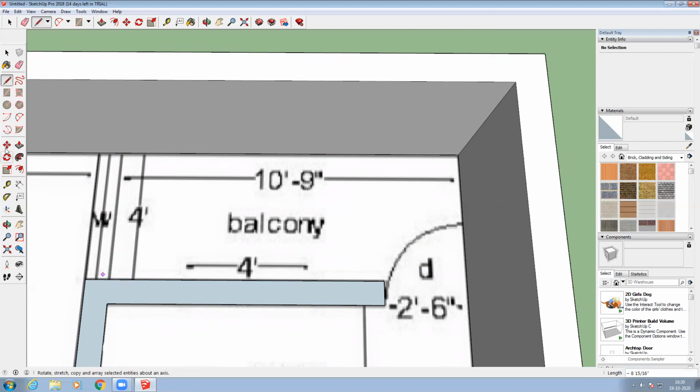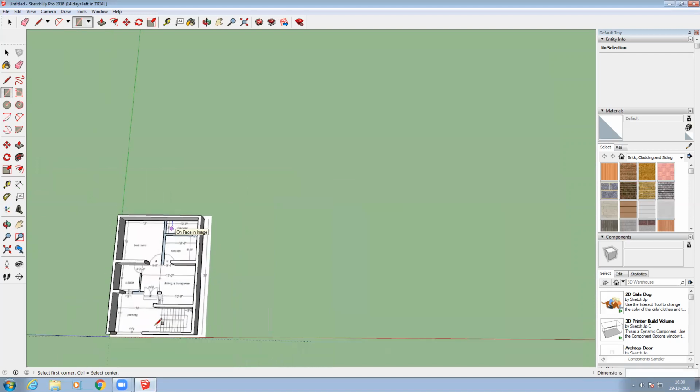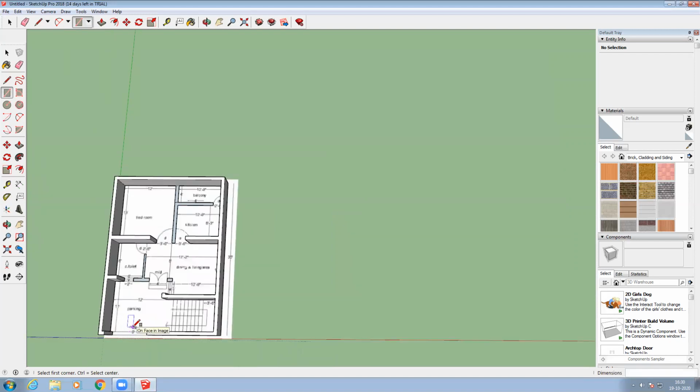That area is not taken, or else I'll take it as a rectangle, right? I had taken it now. Okay, all the walls are covered now.